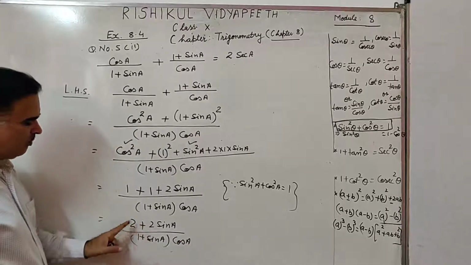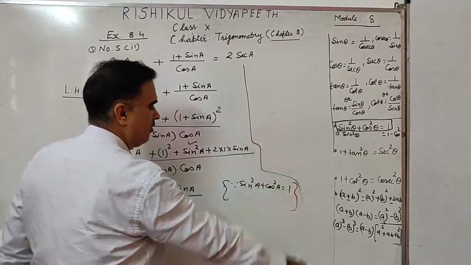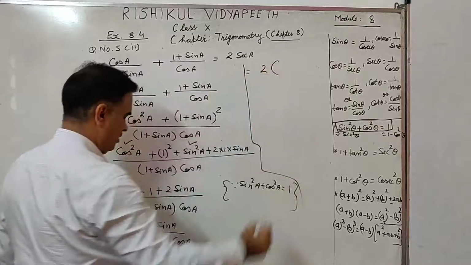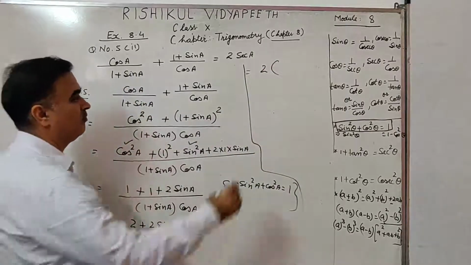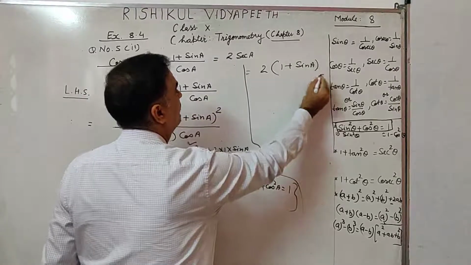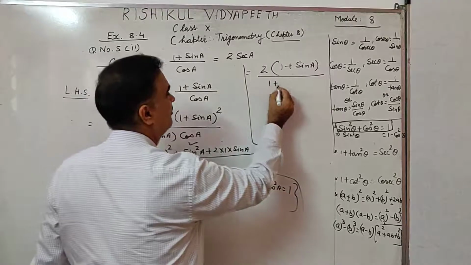In the numerator, what is common? 2 is common. I am writing here, 2 is common, so we take it. What is left? 1 plus sin A upon 1 plus sin A